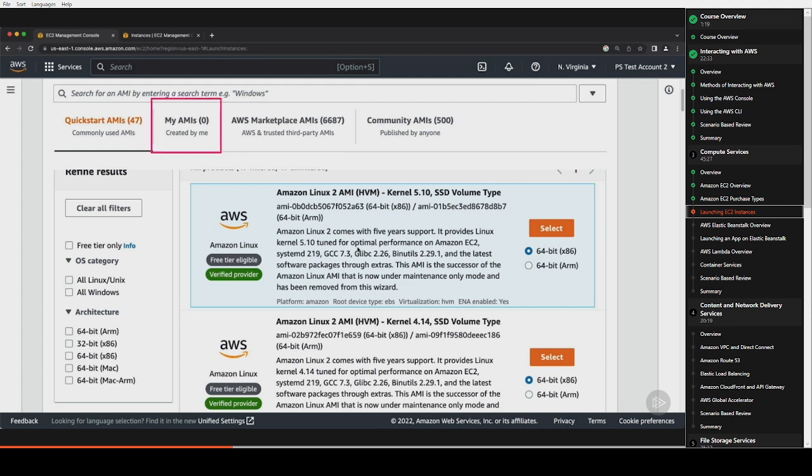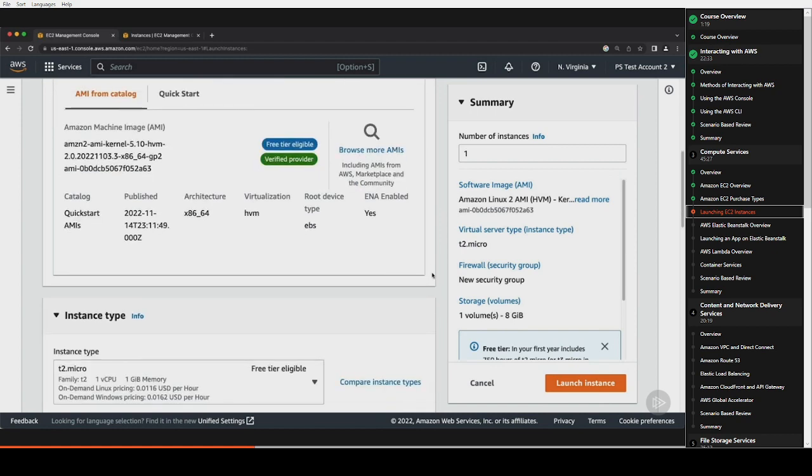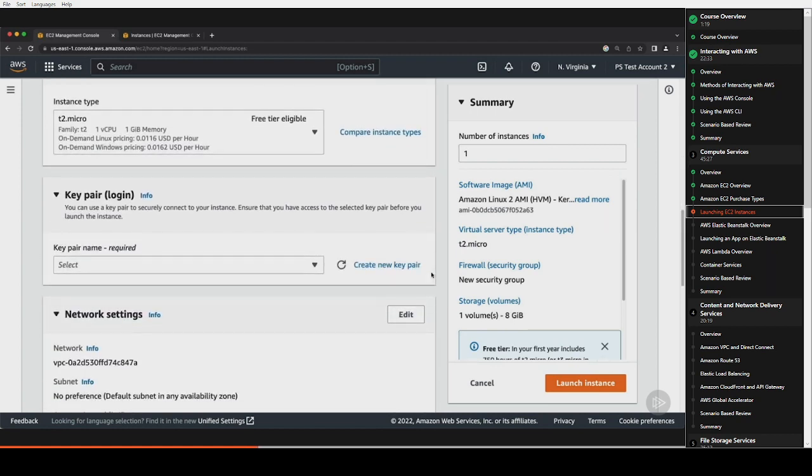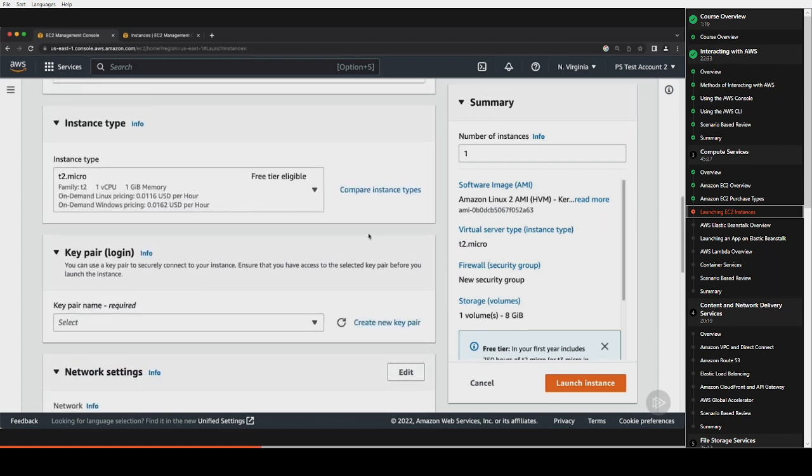And then we also have My AMIs, so we can build up our own AMIs and then save them for later use. But in this case, we'll keep the one selected here, which is the Amazon Linux 2 AMI. And as I noted earlier, it is free tier eligible. Now that I have that selected, I'll scroll down, and my next option here is instance type. Now I'm also going to keep the default one here, which is a T2 micro, and it too is free